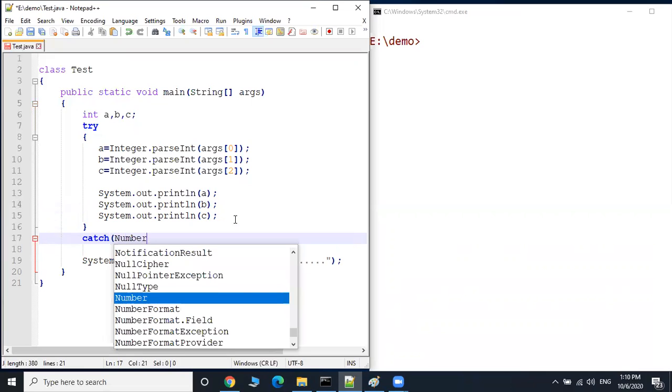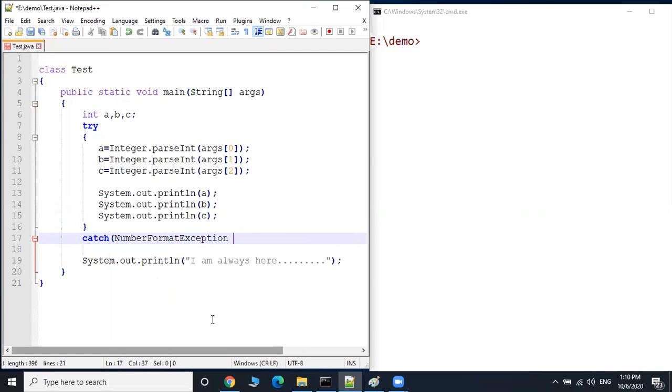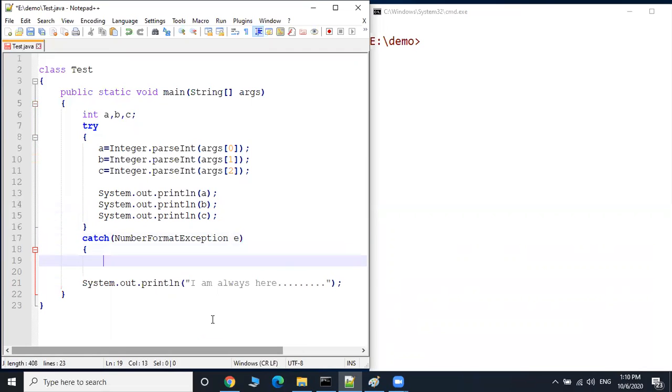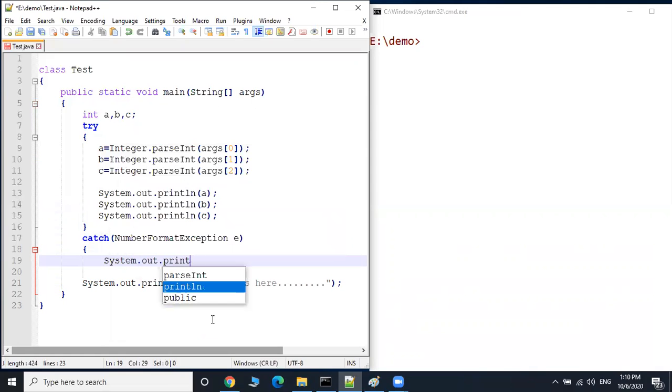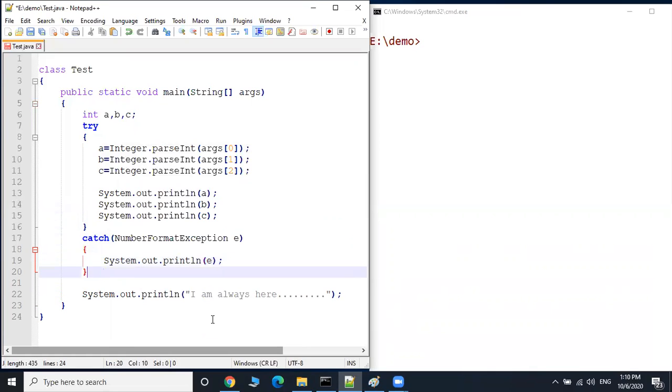NumberFormatException e. System.out.println, now print the description of the error e. And later on the print statement is available here. Catch NumberFormatException e, System.out.println(e).